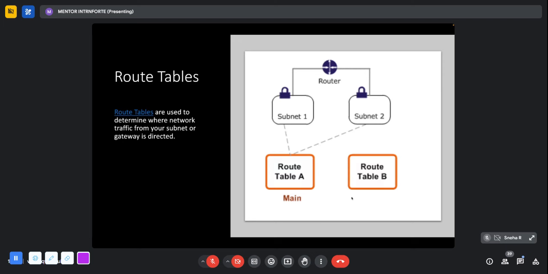Now we have some other components as well, like the internet gateway and the NAT gateways. We all know the internet gateway is something that gives you the internet. This is the VPC component that allows communication between your VPC, your cloud infrastructure, and the outer